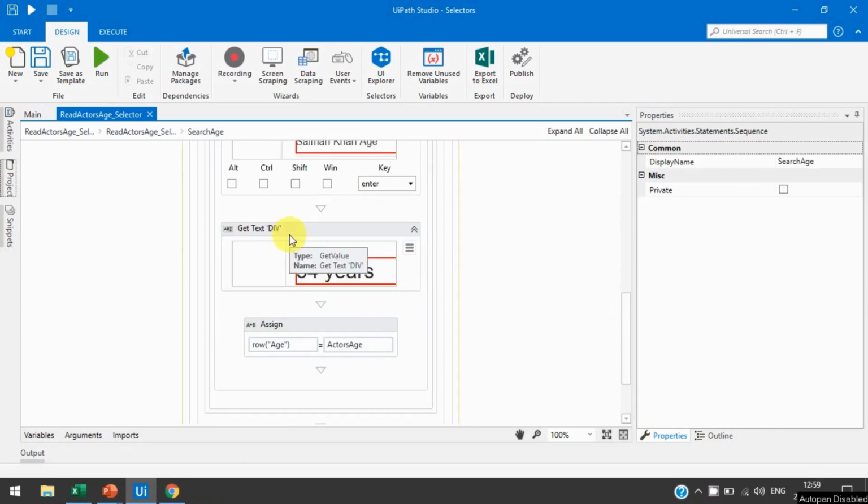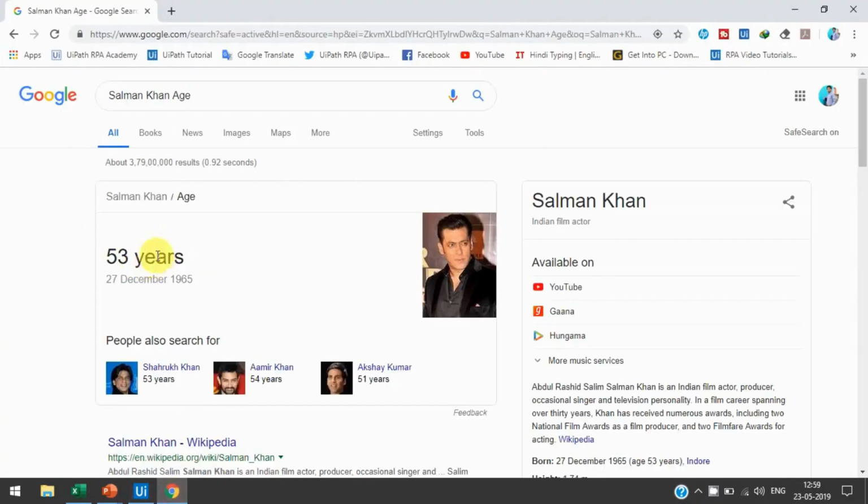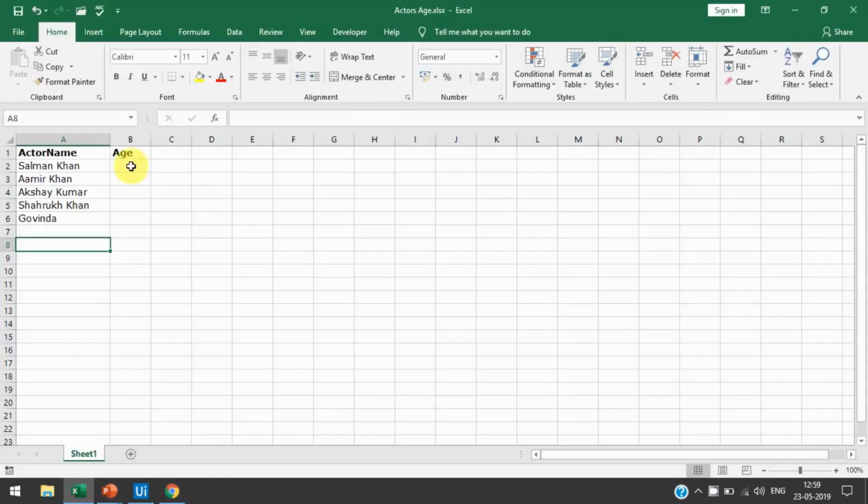Here I have taken get text activity to get the age from this Google page, so it will fetch this 53 years and write into Excel here in the age column.